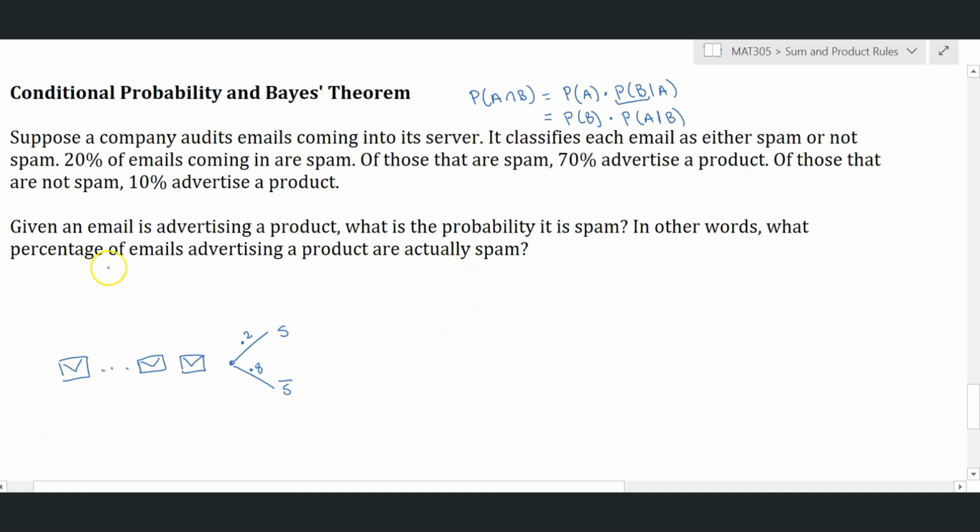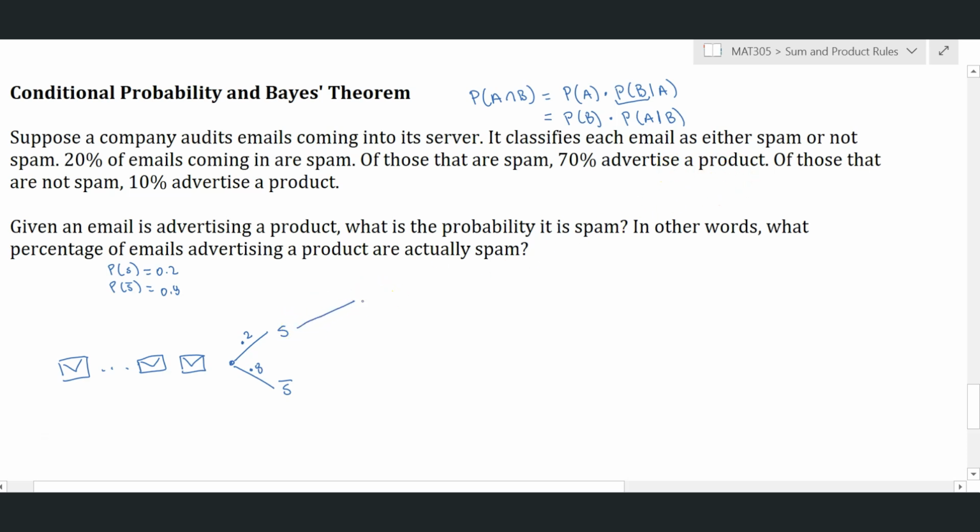So what we were given is that the probability that an email is spam is 0.2. So the probability that it's not spam, therefore, would be 1 minus that, which is 0.8. So still, we've accounted for 100% of all of the emails incoming. Now, this is where we need to make the distinction. Of those that are spam, 70% advertise a product. So if we break up the spam emails into those that advertise a product and those that do not advertise a product,